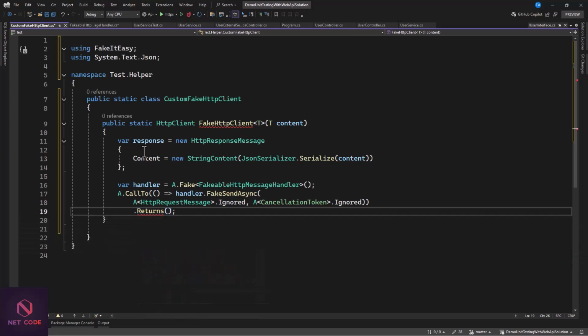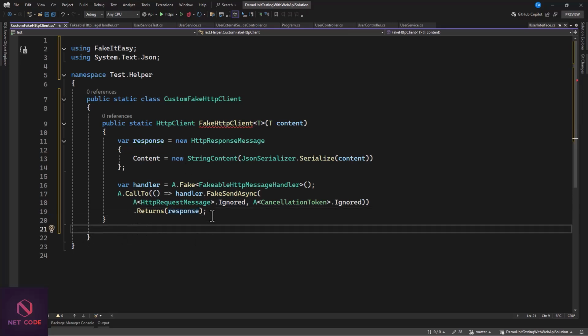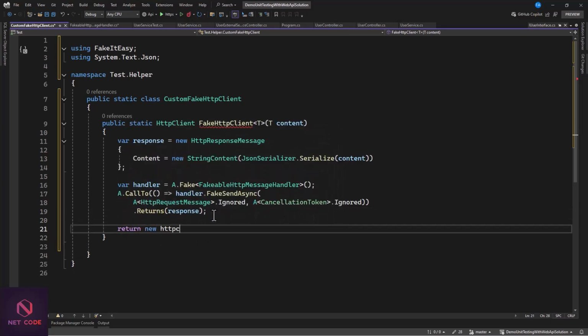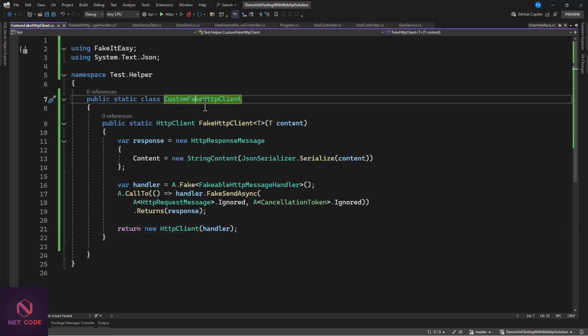So what do I return? Very simple. Let's return the response. Response here is in the form of JSON. It could be a list of objects. It could be just a type. Well, you need to return that. Okay. Then at the end of the day, let's return new HttpClient. And now inside that, since we've created our own fakeable or fake client, we pass in the handler. Then we have our client created. Okay, so now that we have this, we can go ahead and use this custom fakeable or fake HTTP client